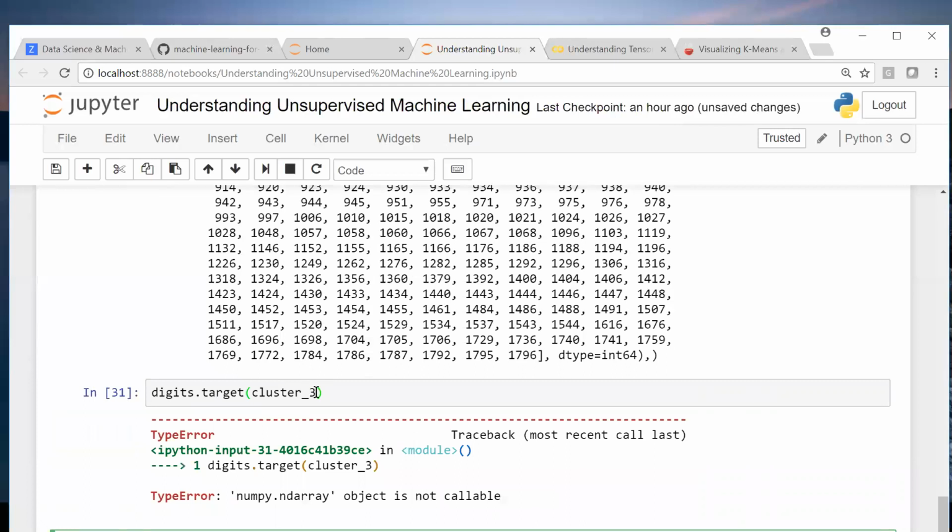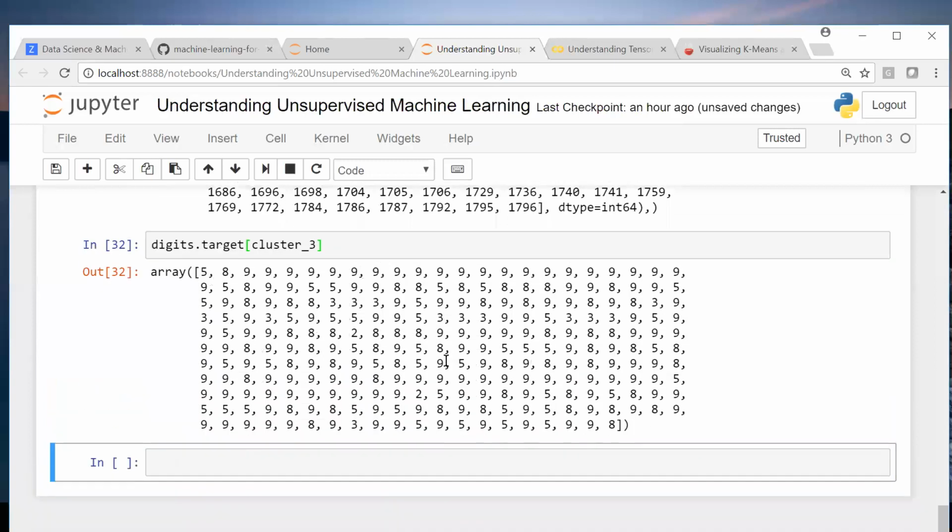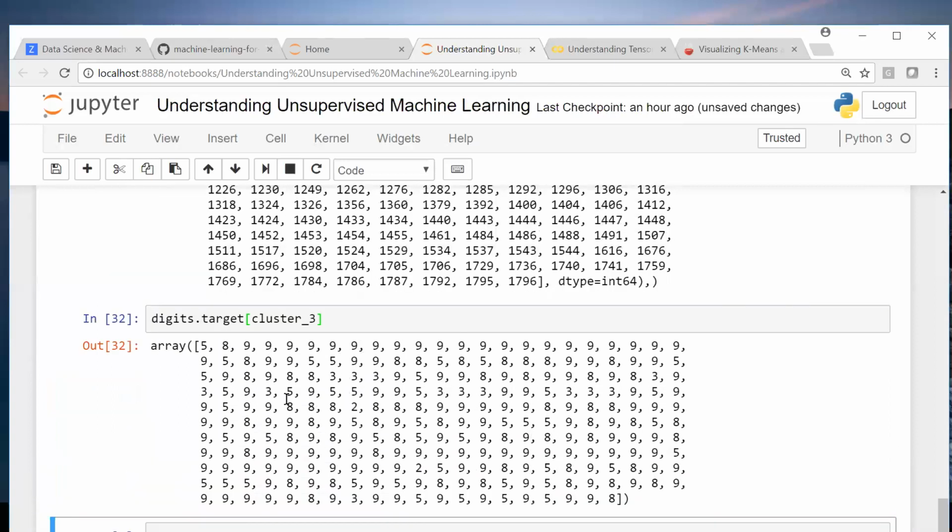No, the cluster 3 is your all index. Oh, sorry. So you can see here, this is a lot of misclassification, right? This is cluster 3. That means you can see 8, 9, 5, all these things are here.